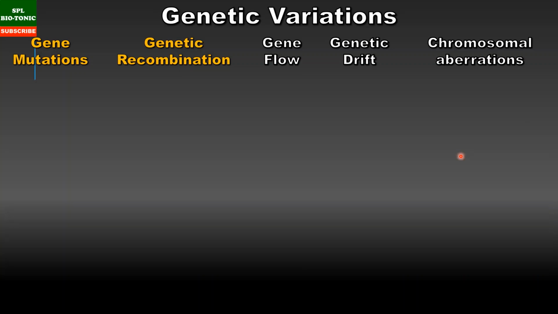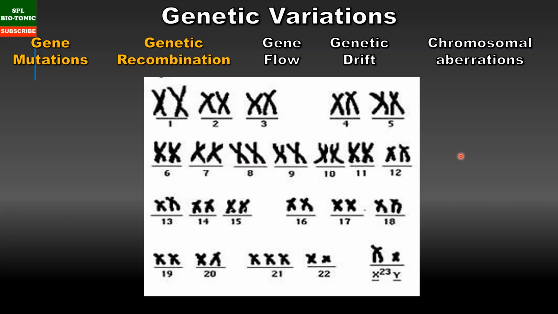Now, genetic mutation also occurs at the chromosomal level. This is an example of Down syndrome, where the number of chromosomes in these individuals is more than 46. Here, there's a trisomy of the 21st chromosome which results in 47 chromosomes in these individuals. So we call them what? Down syndrome children. So mutations occur at the gene level as well as the chromosomal level.